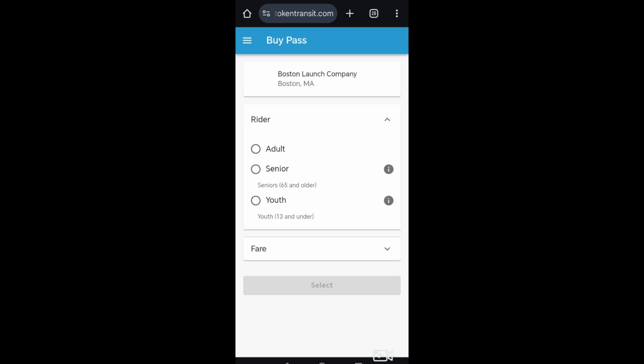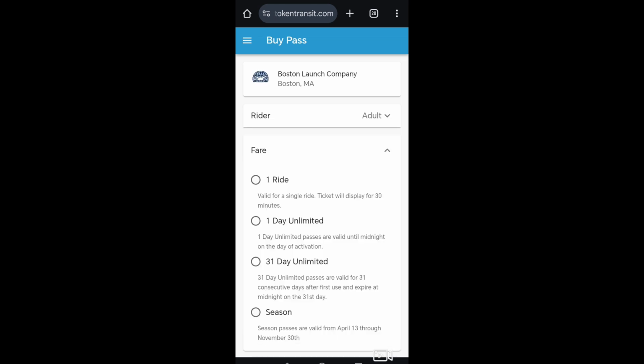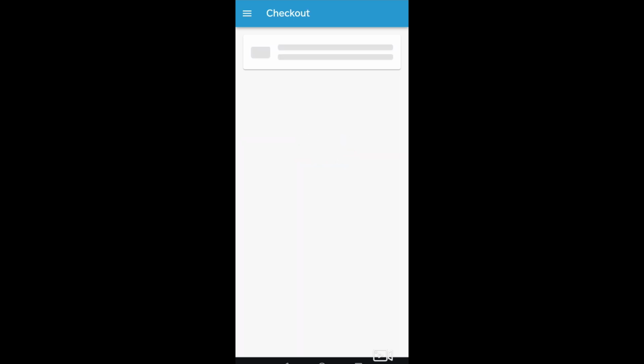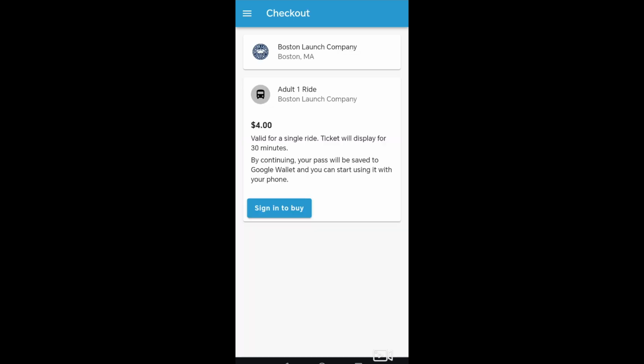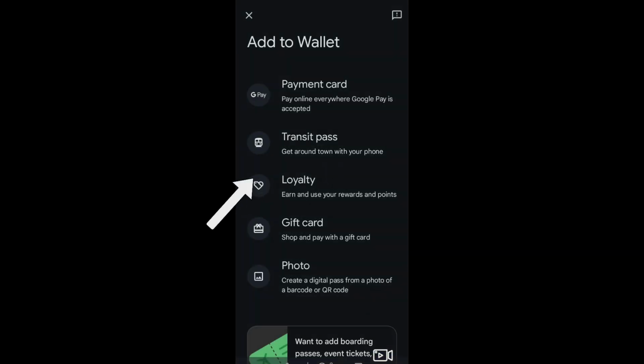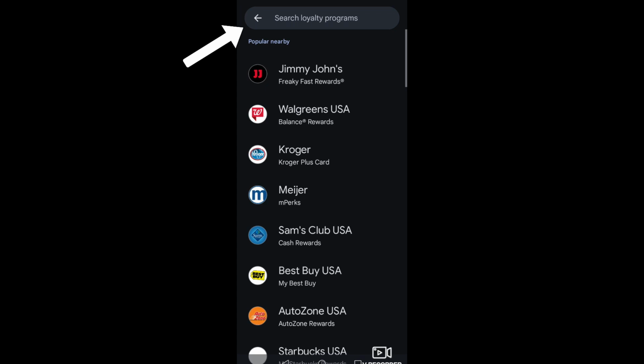And then after that, as simple as that, you just have to add information and then choose this as your payment method. So this is what it looks like. Tap sign in and you have paid your transit fee. Then we have here, aside from payment and transit pass, a loyalty card. So let's just say you always buy something or a product from that store, or let's just say